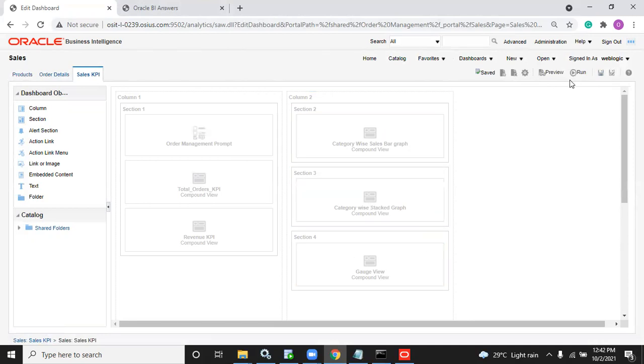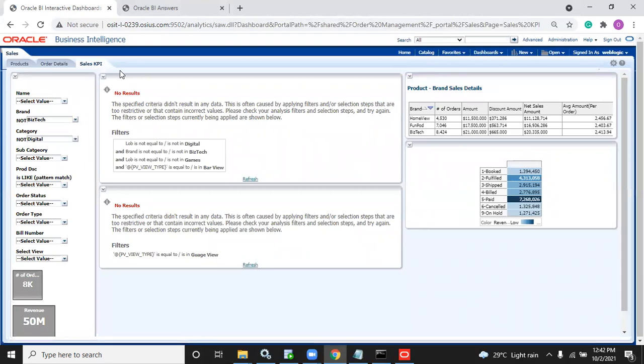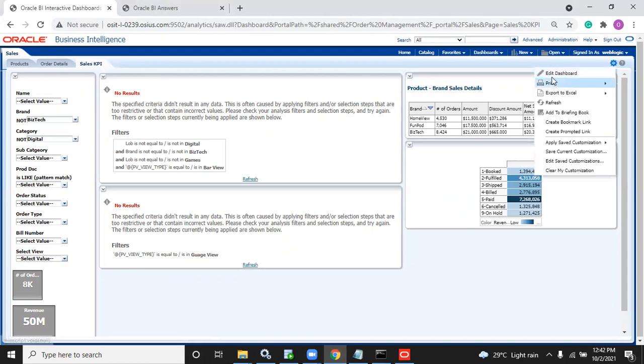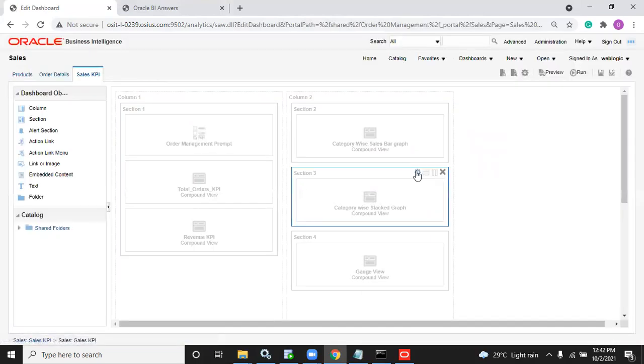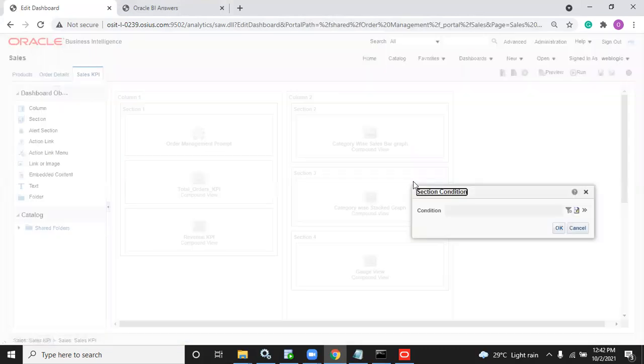For the remaining two, I did not write. Now go and see. The remaining two are displaying. The first one is vanished because I did not select anything. This one is not displaying any data, it has 0 data. This also has 0 data. This also has 0 data right now. Clear? So I am writing the condition to display the data which has row count greater than 0.